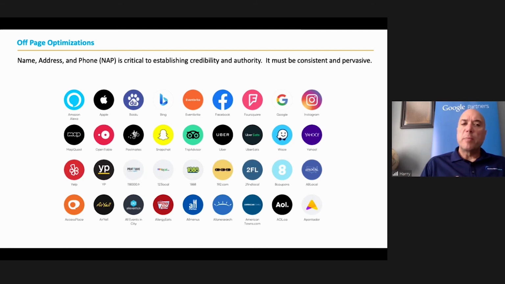So one of the big things to start to think about with regard to off-page optimization, especially if you're a local business that is serving a local community or a local geographic area, is what we refer to as NAP: name, address, phone number. And this is important for a couple of reasons. The big one is that when Google